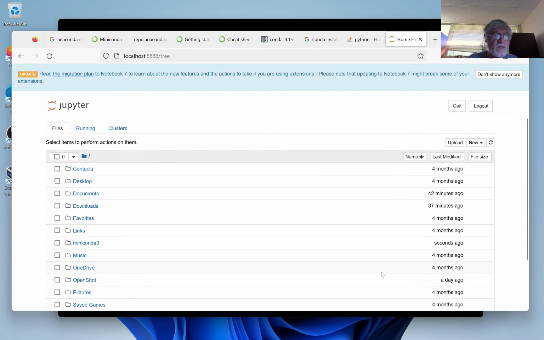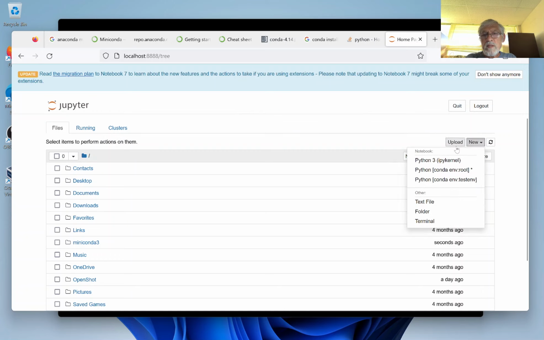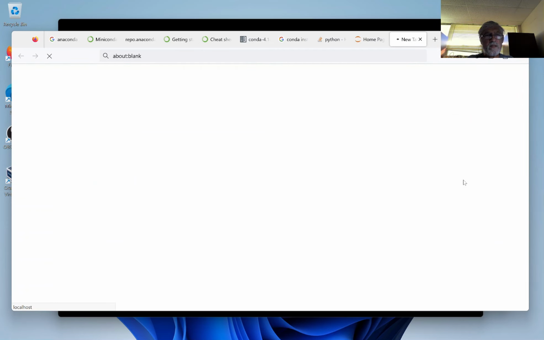It basically just shows the directory that we have on that computer. And now we can go and make new here, and then it tells us the different environments that we could choose, and if you would add later a kernel for R, for the language R, or other things like that, that would show up in here. So we have the Conda environment, test environment, so that's the one that we want to use. So we click on that,